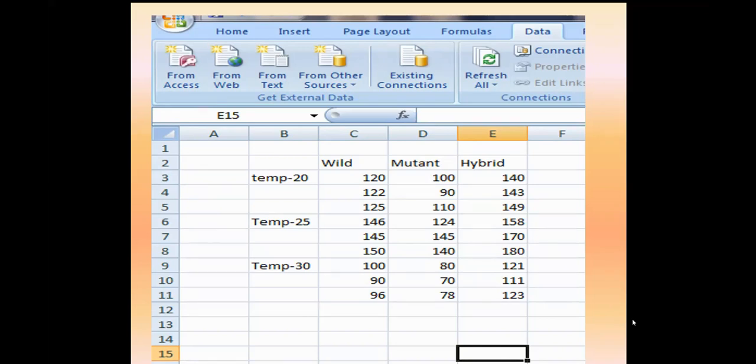Then the number of eggs by mutant when the experiment was conducted thrice. Since you have conducted an experiment several times, you can put those values, and so you are replicating, but the number of replicates has to be exactly the same for all the cases. So you have to take care of this. And here mutant, wild type, hybrids, their numbers of eggs laid are shown. Then temperature is 20, 25 and 30. And since we have repeated the experiment thrice, all such data has come.